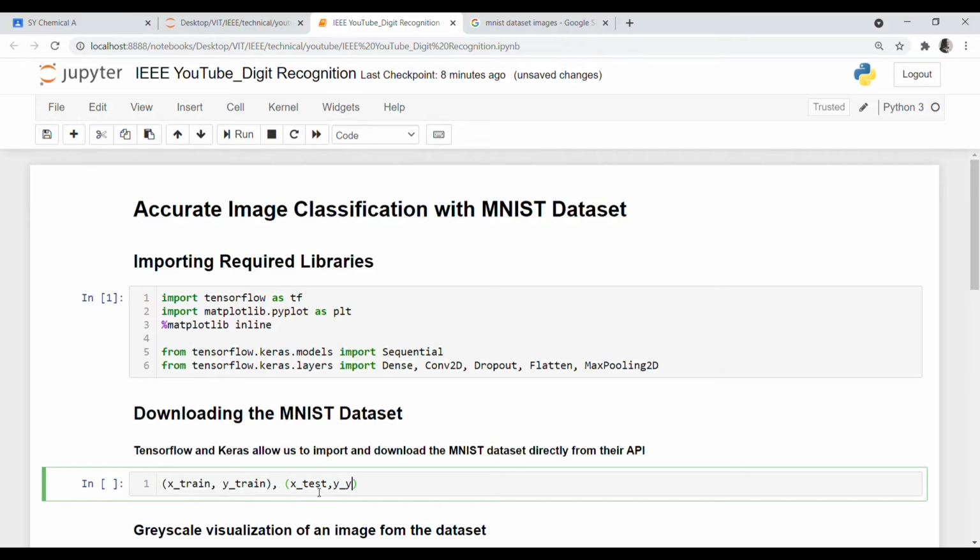Alright, and then we'll be using the tensorflow.keras.datasets.mnist load_data function, and then let's just run this. Okay, so we have our dataset ready for use here.